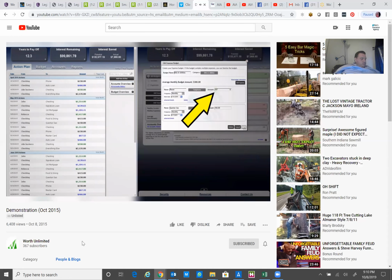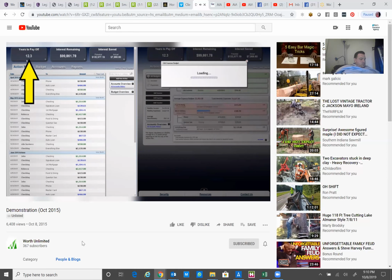But remember what the program does. It looks at every situation to maximize every penny. For some people, $43 does not seem like much, but let's see what the program can do with that $43 per month. Currently, we're at 12.3 years to pay off and